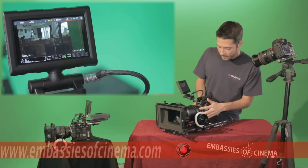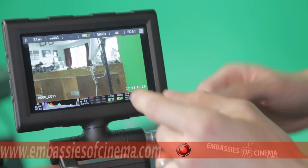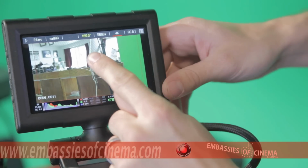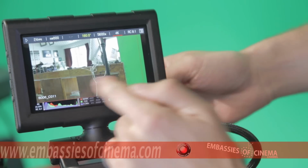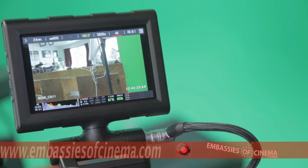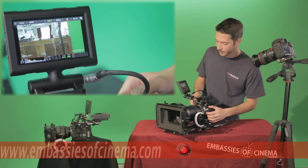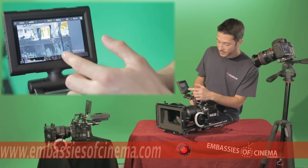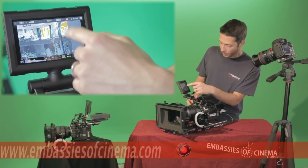So it's really easy to just take your iris and dial it and come to a compromise in a scene like this where you have a lot of contrast. We've got bright windows outside with full daylight, and we have shadowy portions here in this cabinet. So this is a really good example of on-set monitoring and how you can use a tool like this to judge exposure. Also, you have a false color system that'll give you all sorts of readouts on middle gray, flesh